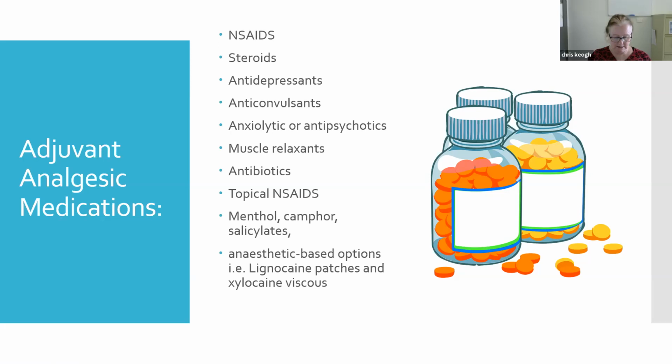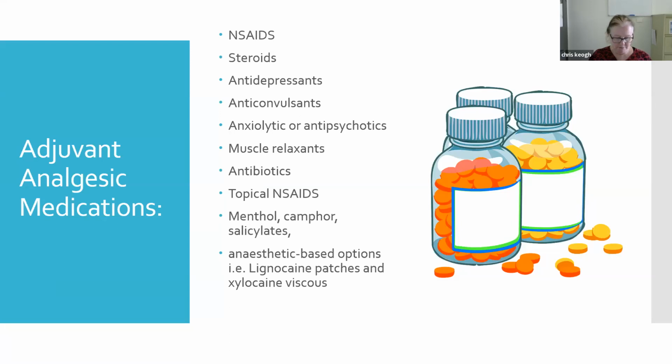They lower pain by inhibiting some mechanisms of inflammation and reducing blood flow to the area that's causing the pain to reduce edema, so that fluid around it, which often causes more pain. For example, in someone that might have cancer in their liver, it pushes on the capsule around the liver, causing a lot of pain. Steroids often are used in that instance. Or if someone's got cancer in their brain, so brain metastases, they'd use steroids to reduce the fluid and the edema around there.